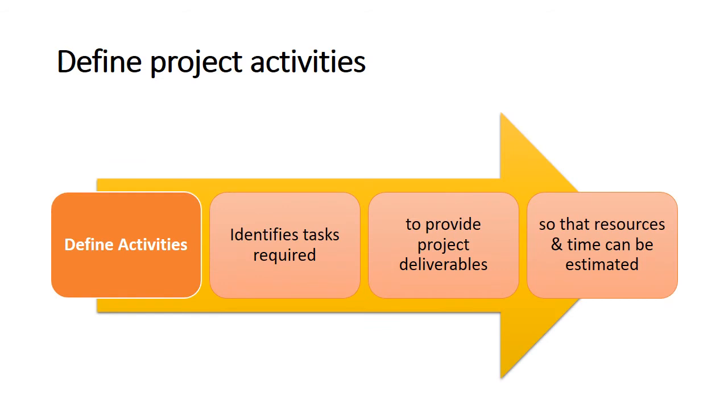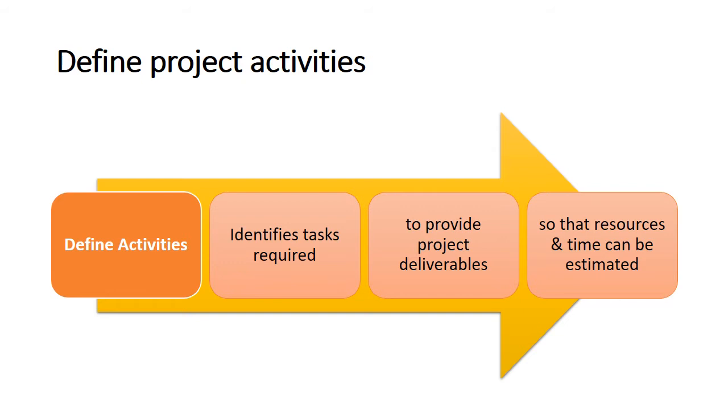The activity definition process is a further breakdown of the work package elements of the work breakdown structure. It documents the specific activities needed to fulfill the deliverables detailed in the work breakdown structure. These activities are not the deliverables themselves but the individual units of work that must be completed to fulfill the deliverables. Activity definition refers to everything that we already know about the project to divide the work into activities that